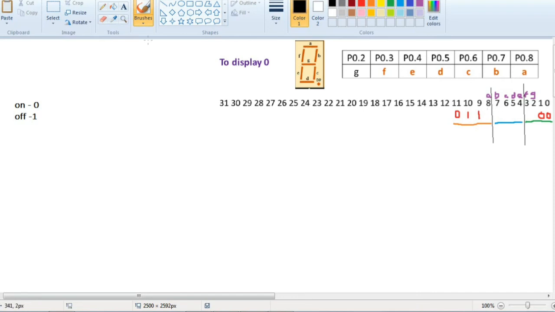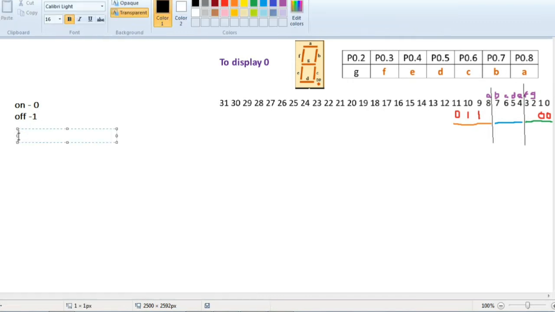So we can make an observation here. If A is on, what's the number? If A is on, here it should be 0, and if it's 0 here, the code is 110. If A is on in whatever you want to display, then you have to make the first digit 6. Either it will be 6, or if A is off, the first digit will be 7.